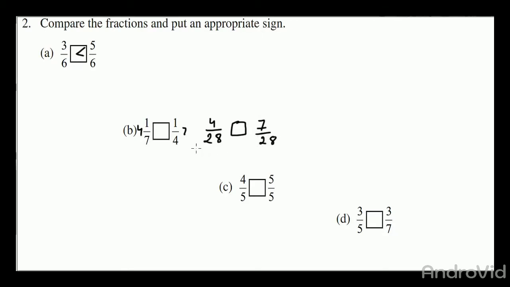Now bases are same, so 7 is greater than 4, therefore 7/28 is greater. And then here it is easier, 5/5 is greater, and this one has to be changed, but since this is greater,